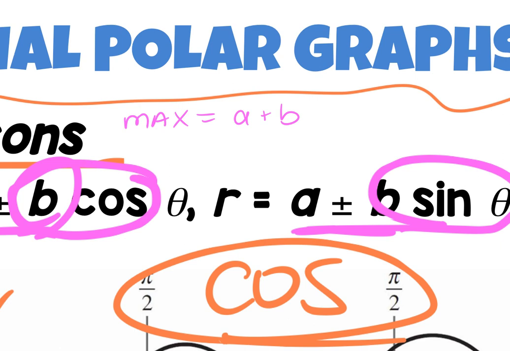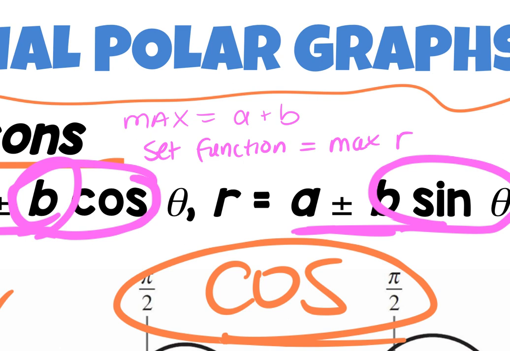Then I set my equation equal to that max R, and it will tell you where the rounded part happens. And then I know the inner loop happens opposite it. So it will tell you, is it rounded at the top? That means my inner loop's on the bottom. It will tell you, is my rounded on the right? Then it tells me my inner loop's on the left, that kind of thing, okay? So we're going to walk through this from start to finish. But those are some tricks that help you save time